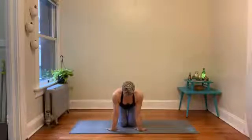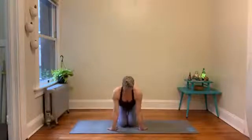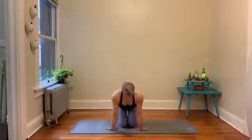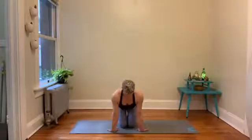3. Keep those elbows as straight as possible the whole time. Spread those fingers nice and wide. 4, 5, 6, 7, 8, 9,